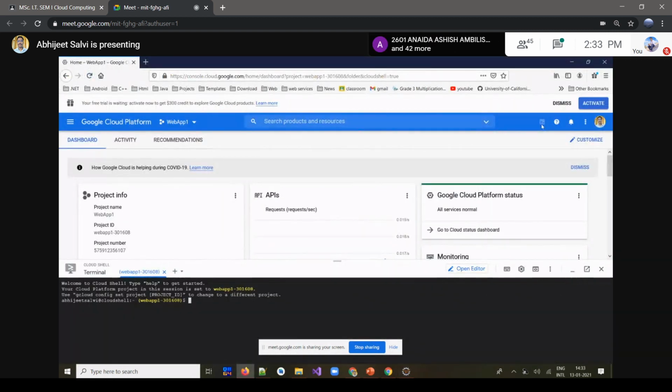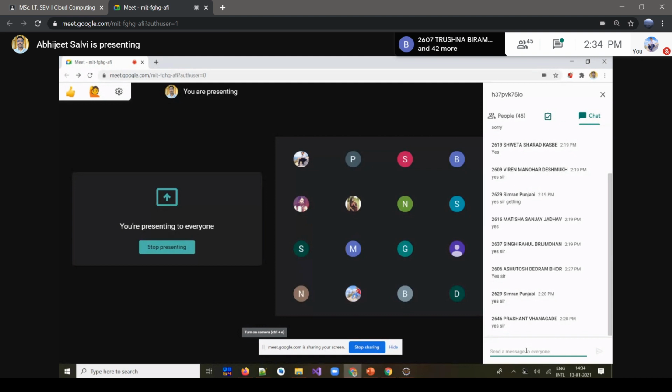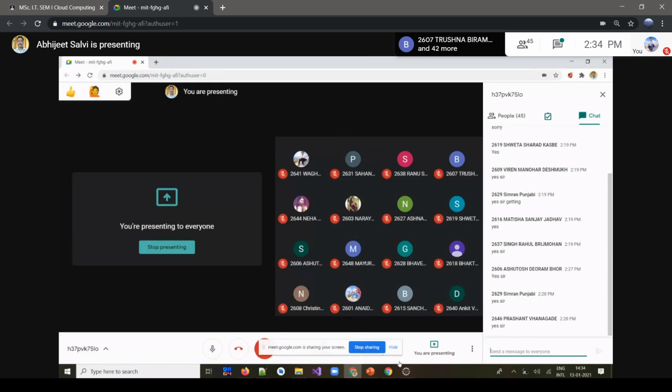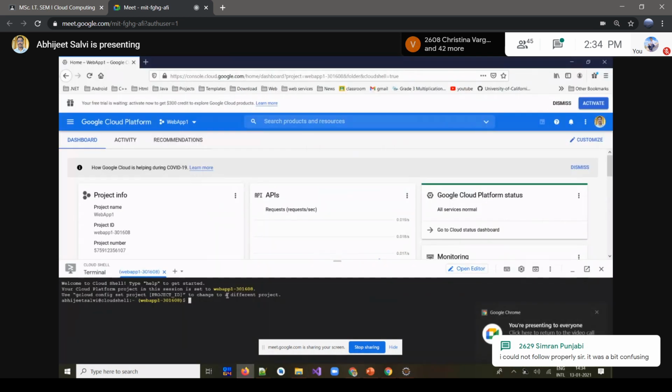After that, what did we do? Coming here, in the Cloud Shell we clicked on an interface, and a command line came up where we will type our commands. So we write down some of the commands. Let me know from your side, are you at least getting this? Yes or no? There is no response over there. Anyway, we'll go ahead now by writing some of the commands here.